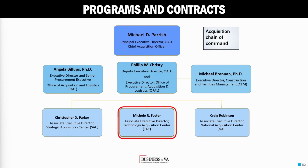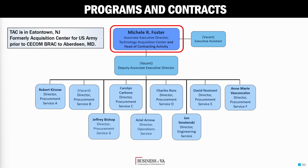And speaking of that, we look at Mr. Mike Parrish, who is the Chief Acquisition Officer for the agency, Phil Christie as his deputy, Angela Billups as the Senior Procurement Executive, and Mike Brennan for Senior Facilities Management. And below them you have the three acquisition centers. We're going to focus on the Technology Acquisition Center on the next slide, but again, this gives you a good